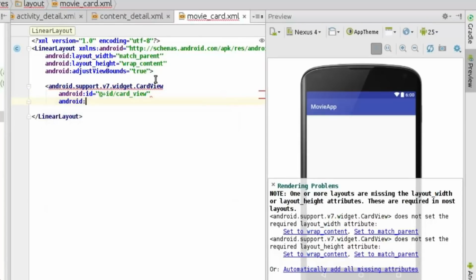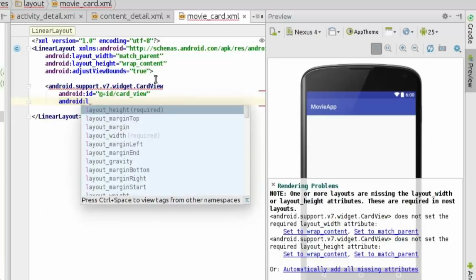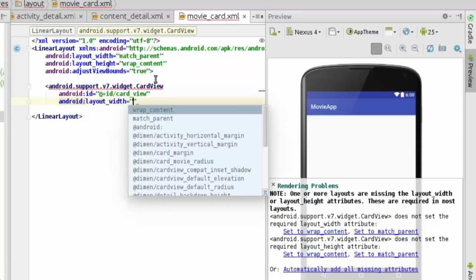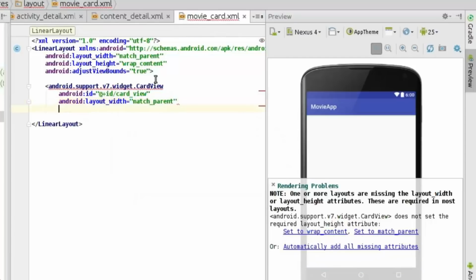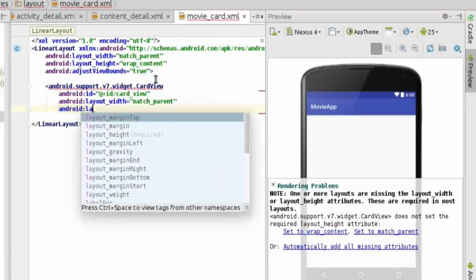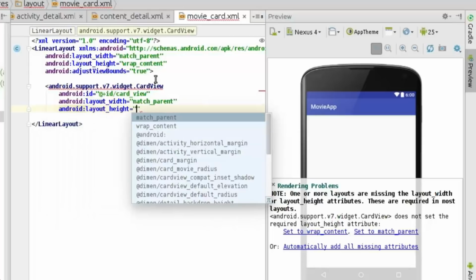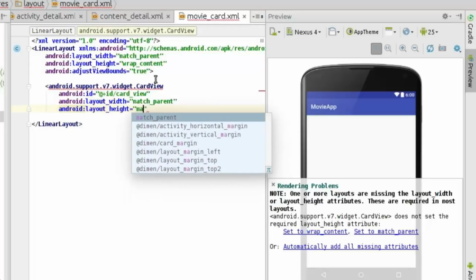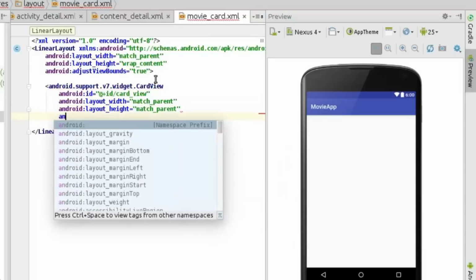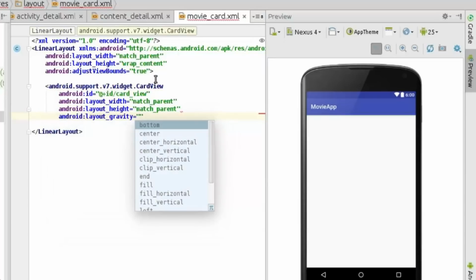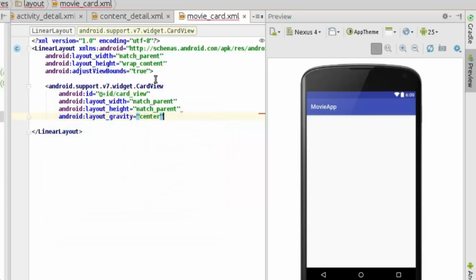Android layout width, match parent, Android layout height, match parent, Android layout gravity, center,